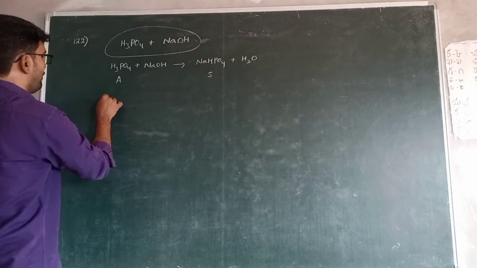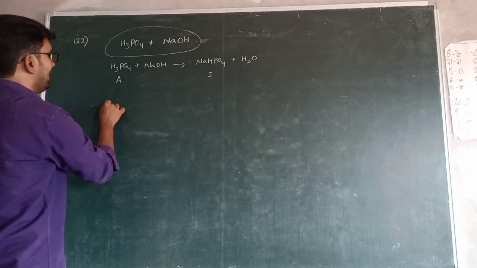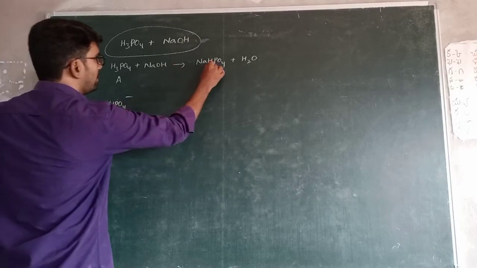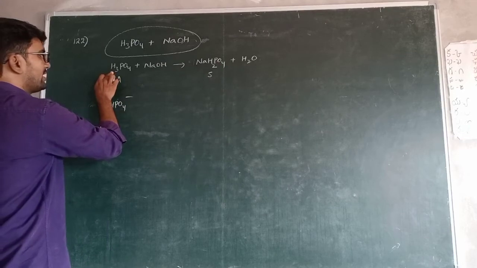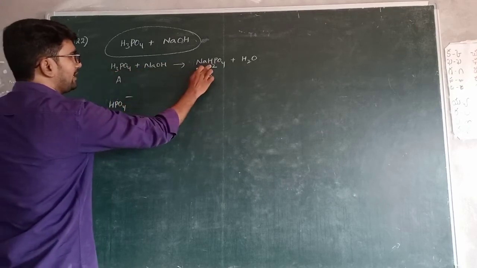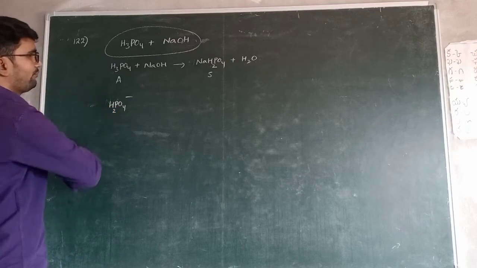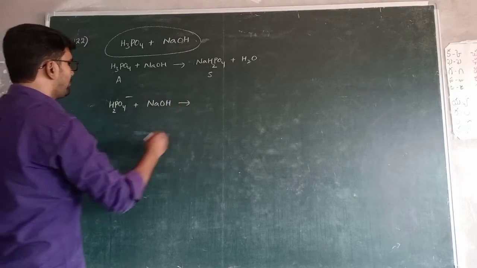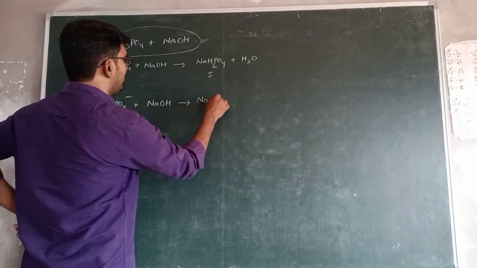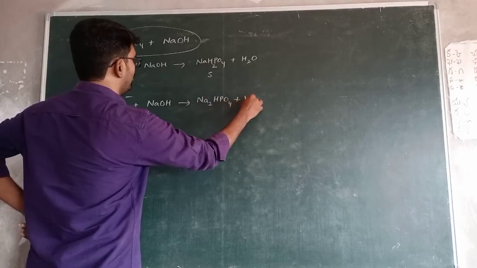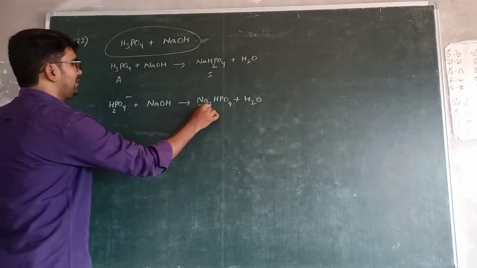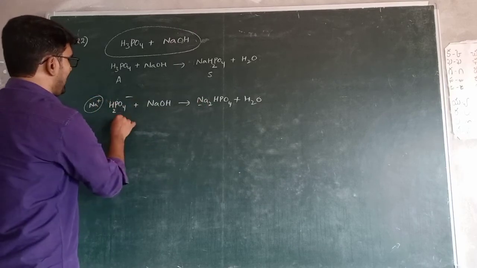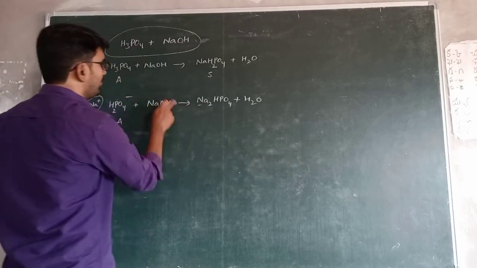Again, this NaH2PO4 is nothing but Na+ and H2PO4 minus. Sorry, a small mistake, NaH2PO4, because 3 hydrogens are there, 1 hydrogen is replaced by sodium and the remaining 2 hydrogens are present. So H2PO4 minus. This again reacts with another 1 mole of NaOH. It gives Na2HPO4 plus H2O. Why are we writing Na2? Because already one Na plus is present here, Na plus H2PO4 minus. This is again acid, and this one is involved in the reaction with 1 mole of NaOH.